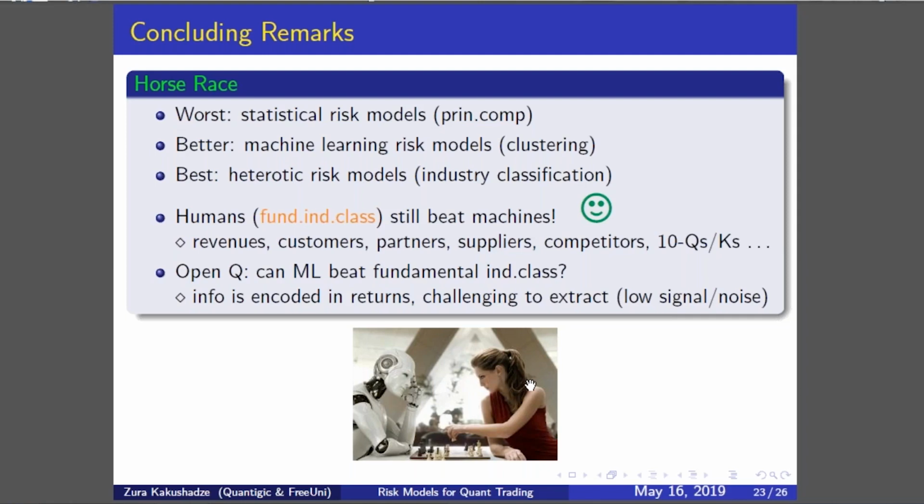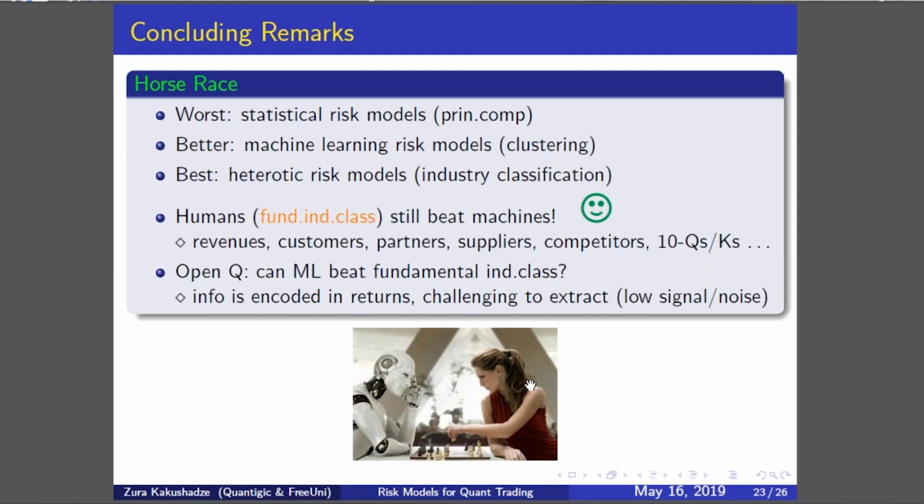humans doing a certain type of analysis, which takes into account a lot of different things, which is the sources of revenue of companies, their customers, partners, suppliers, competitors, and so on and so forth. And a lot of that information comes from relatively unstructured data by reading 10 Qs and Ks and some other sources of information. And a lot of times, the final decision in terms of how to classify things boils down